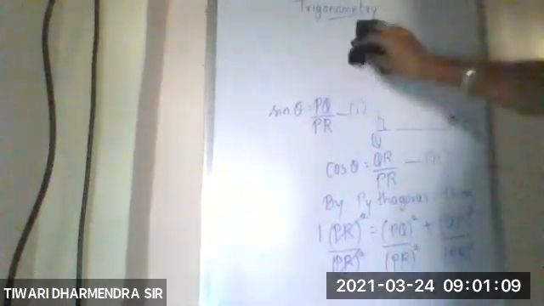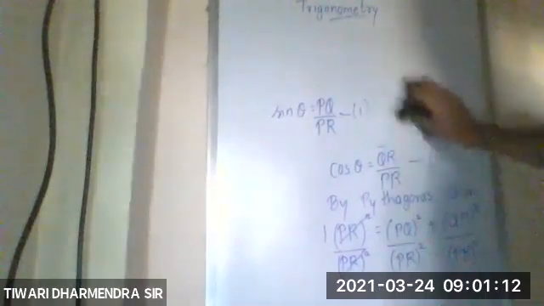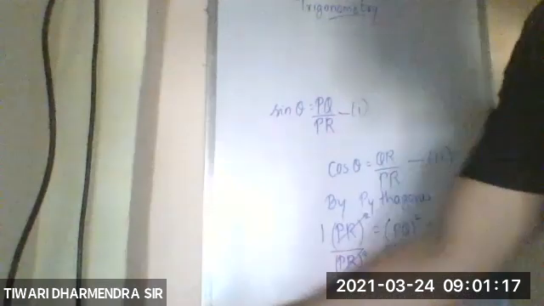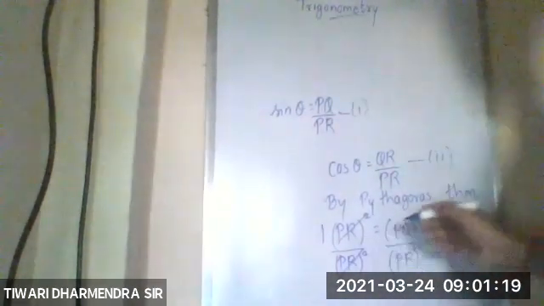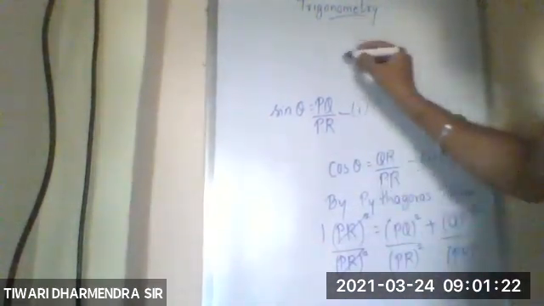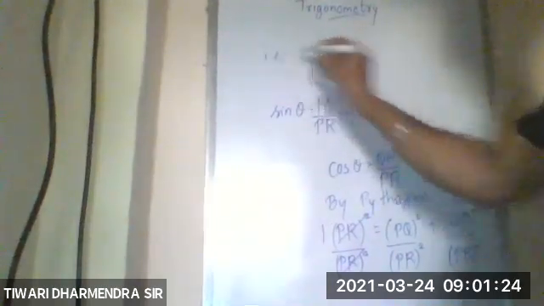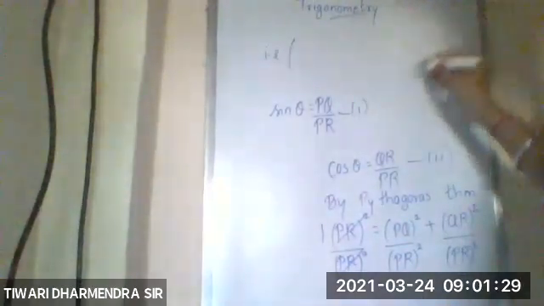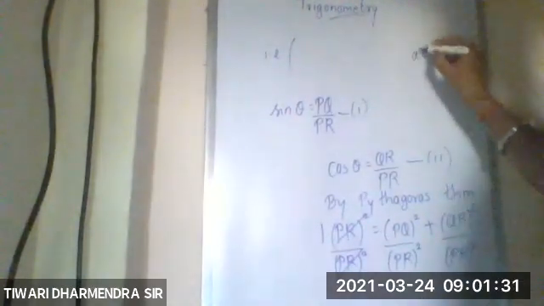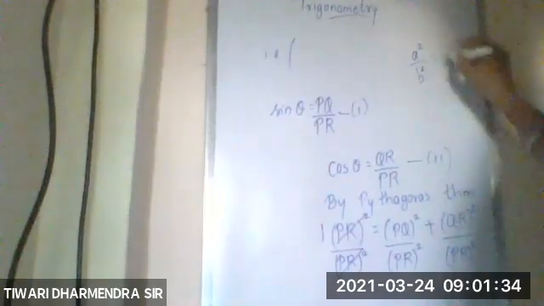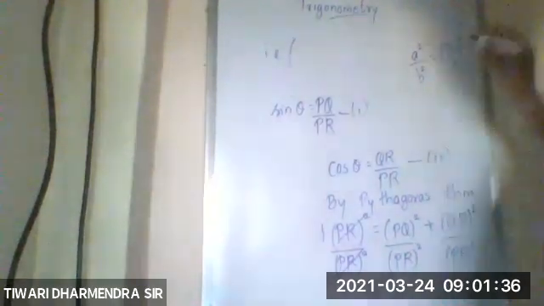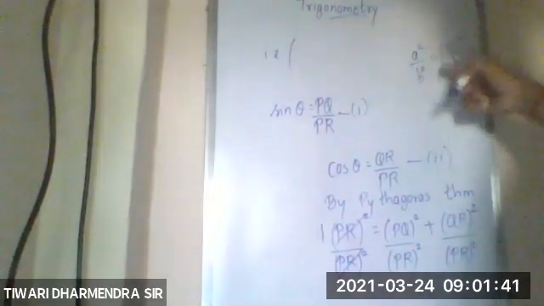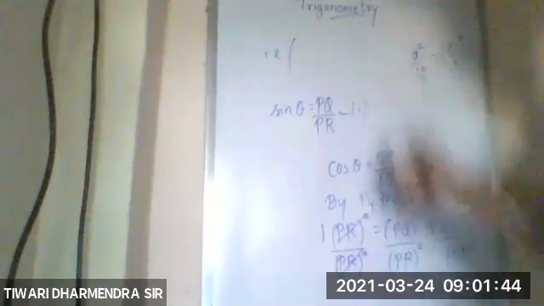Now we can rub this out as there is no use of this triangle. I want to prove the identity, that is the important equation in trigonometry. So we can write this as follows. We know the law of indices. What do we know about the law of indices? A square upon b square can be written as a by b the whole square. Hope this is clear to you. So I'm applying this here.